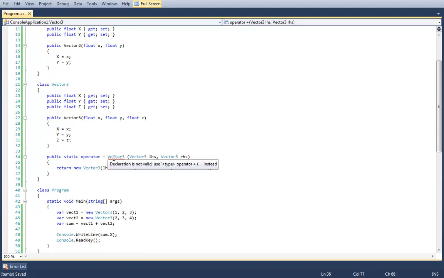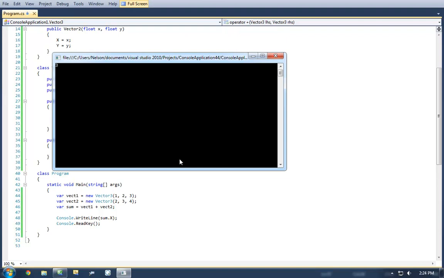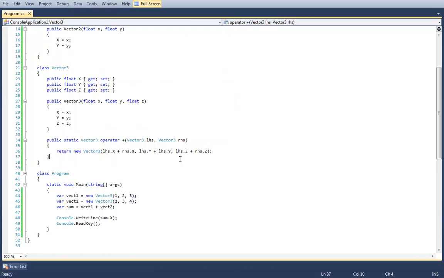Now, what is the output to this program? Besides, of course, a message that says it failed. Now what is the output to this program? If you actually say it out loud, that does make more sense that way around. Because it's an operator that returns a vector 3. For a start, read the question, because it's console.writeline sum.x. But good attempt.